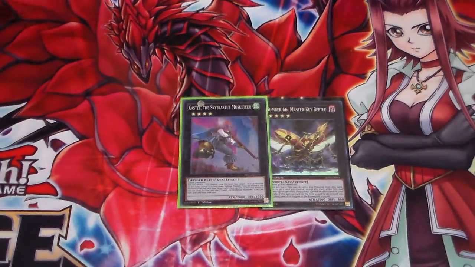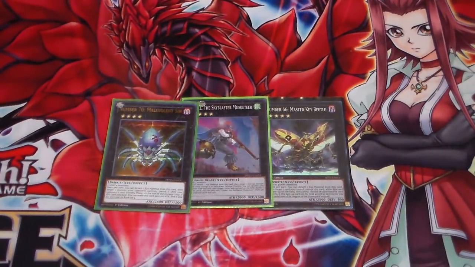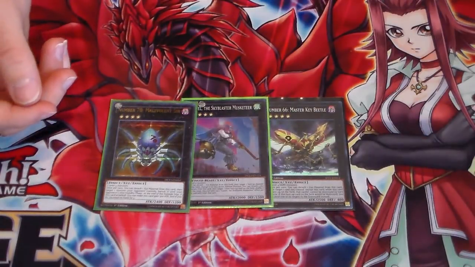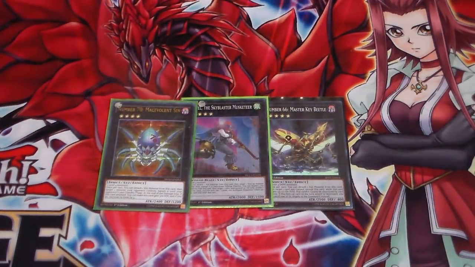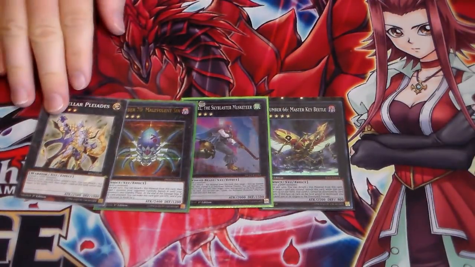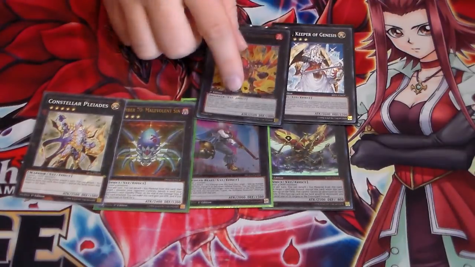Your Castel, because it's multiverse, it can do multiple different things. You can run any other rank 4 that you really want to. I'm just testing out Number 70 Malevolent Sins right now in this version of the deck. For your rank 5s, you can run whatever you want, but I choose Castella, Pleiades, Terrace, Keeper of Genesis, and